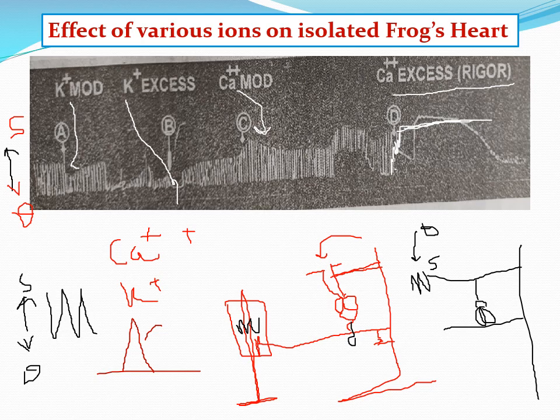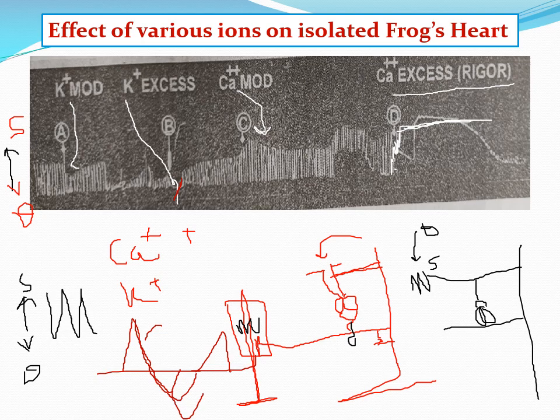If we add the potassium artificially, what will happen? There will be more repolarization. That means it leads to hyperpolarization, and depending on the concentration of potassium there is hyperpolarization. That means it takes time to develop the next action potential, and ultimately there is inhibition of the heart. Activity of the heart is decreased, and if it is in excess, then the heart stops in diastole. There is no more activity.